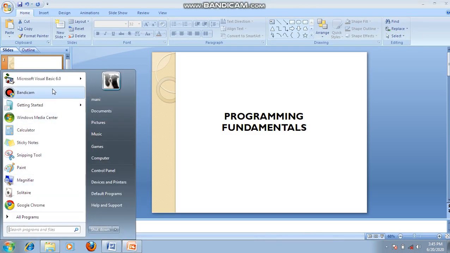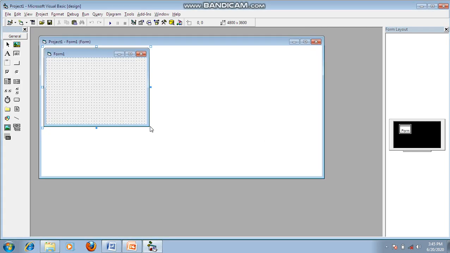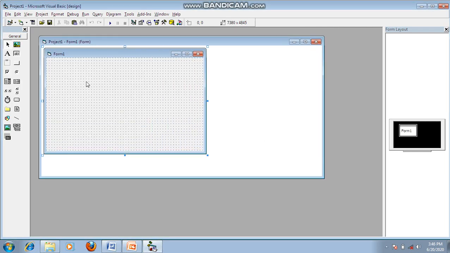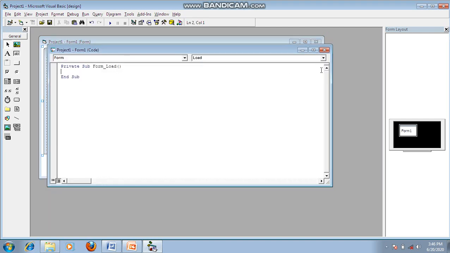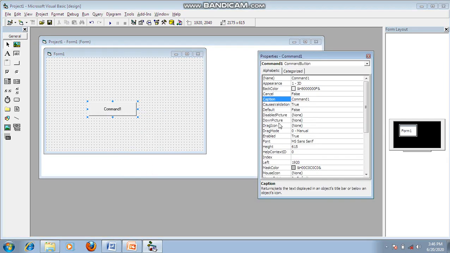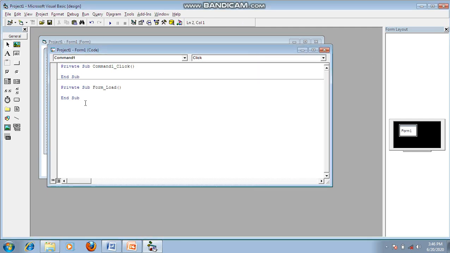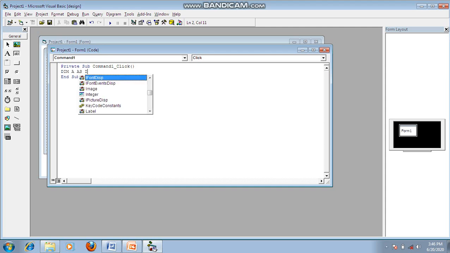I'm opening Visual Basic 6.0. Here I am placing one command button, and I am changing the command button caption to print. In this I am declaring a variable, dim a as integer.